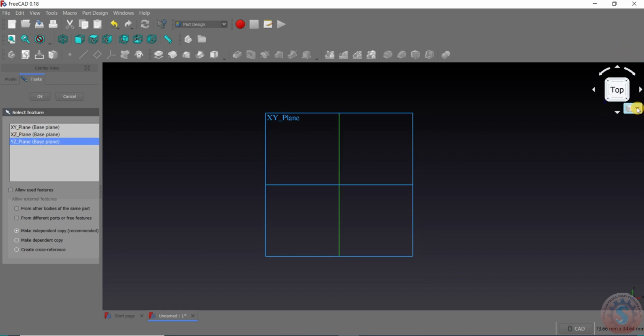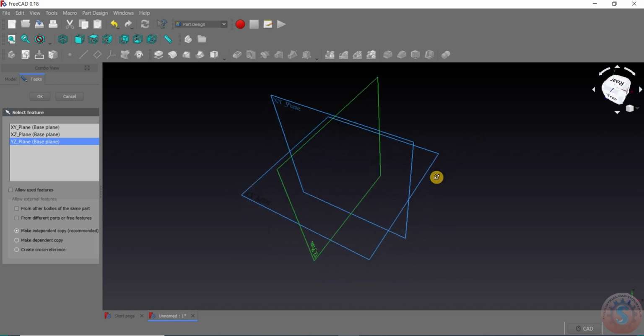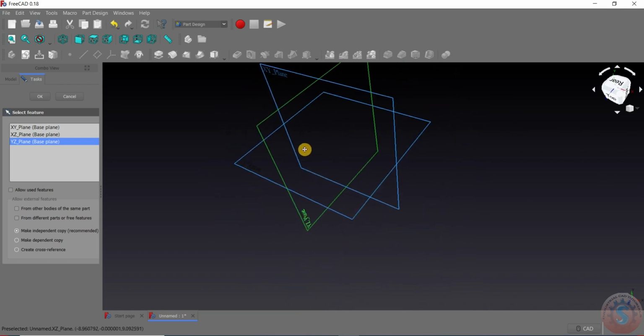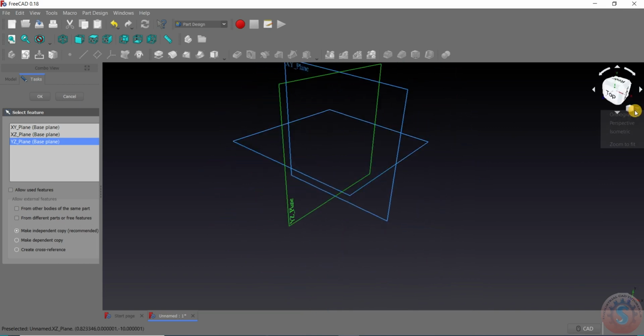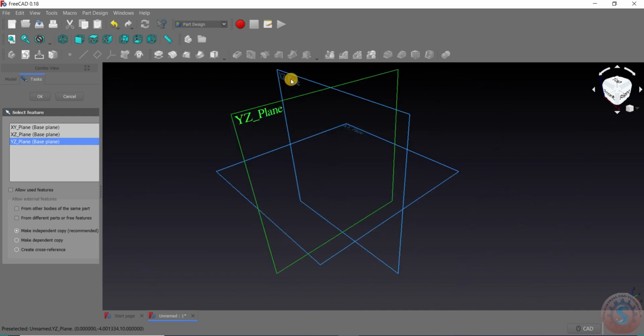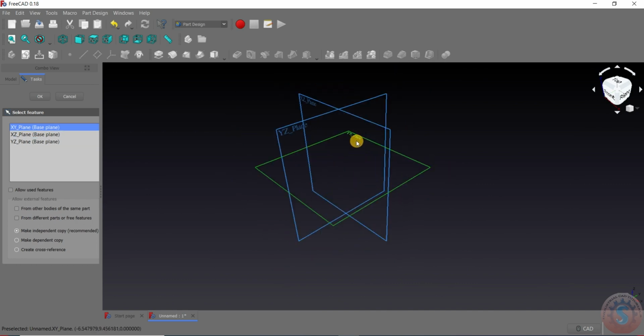You can observe on the right side of the top corner of FreeCAD the orthographic mode and perspective. Before it was orthographic, then I converted to perspective. If you select the perspective mode, you can observe the YZ plane, ZX plane, XY plane. Another option is the isometric view, and the YZ plane, XZ plane and the XY plane. If you select any of the planes, it is highlighting green.